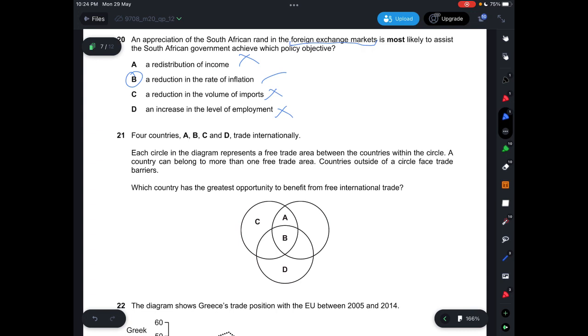21. Four countries A, B, C, D trade internationally. Each circle in the diagram represents a free trade area between the countries within the circle. A country can belong to more than one free trade area. Countries outside of a circle face trade barriers. Which country has the greatest opportunity to benefit from free international trade? So it has to be the one that is within the 3 circles. So the answer is B, because this means that